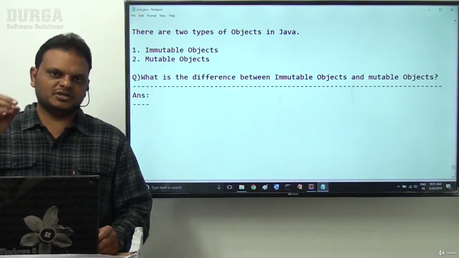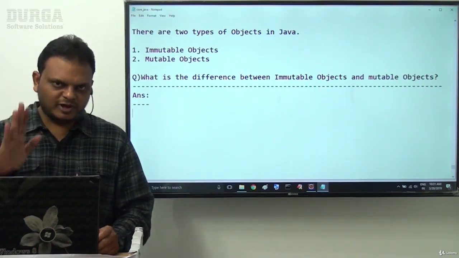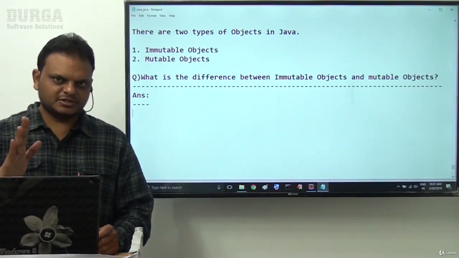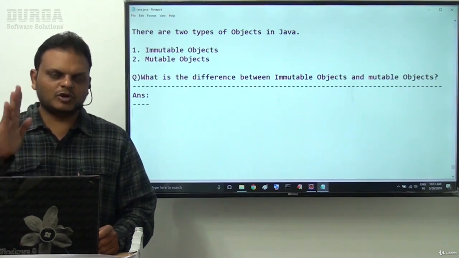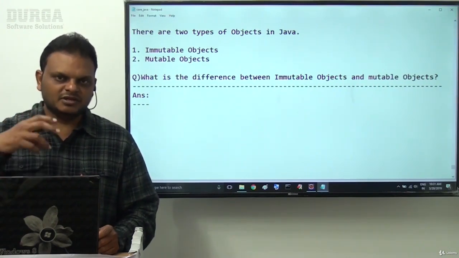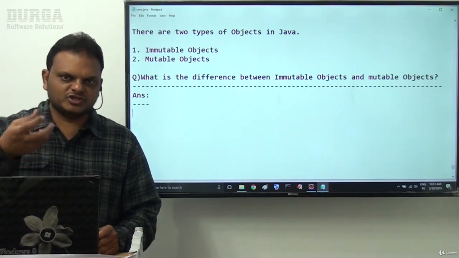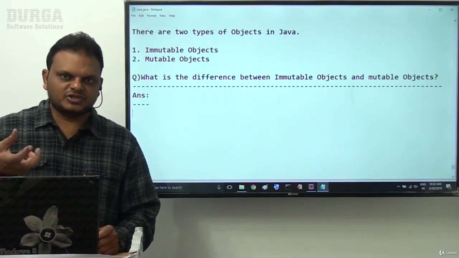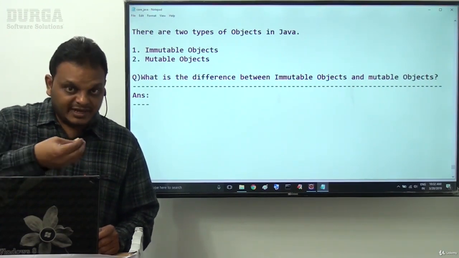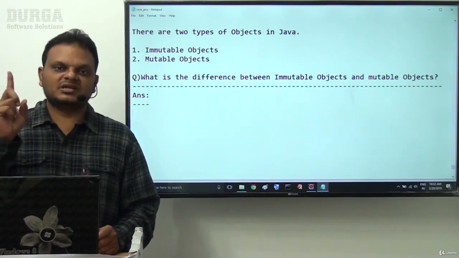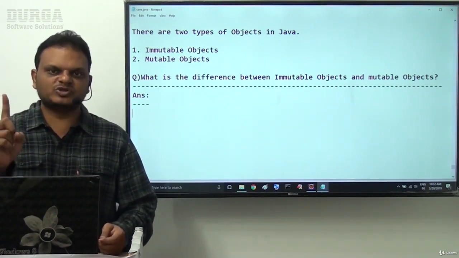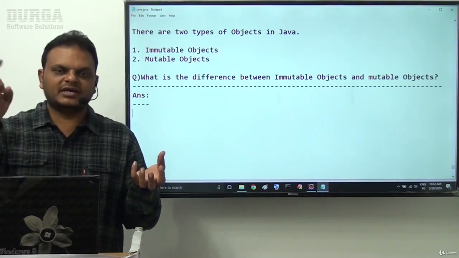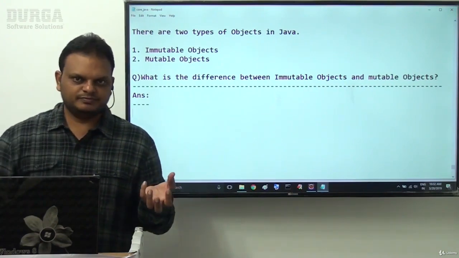An immutable object is a Java object. It will not allow modifications on its content. If we try to perform modifications on the immutable object's data, the data is allowed for modification, but the resultant modified data will not be stored back in the same original object. Instead, the resultant modified data will be stored by creating another new object of the same class.